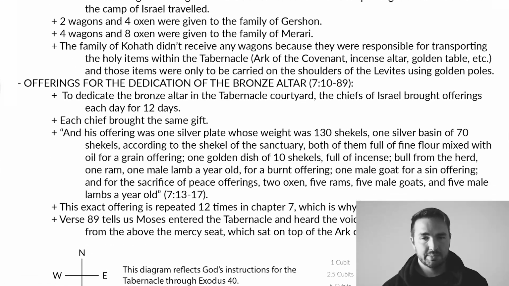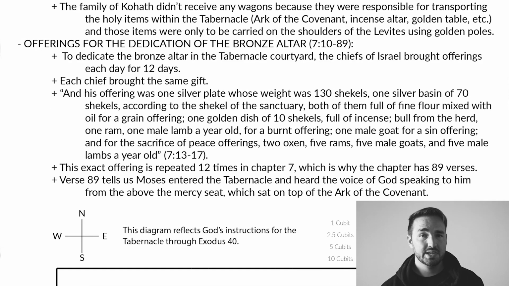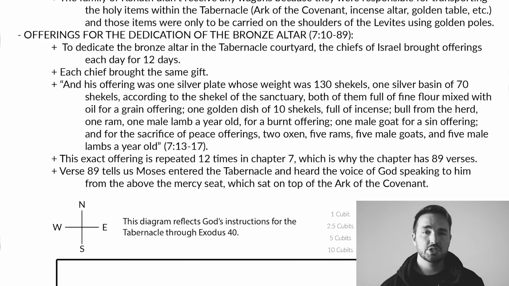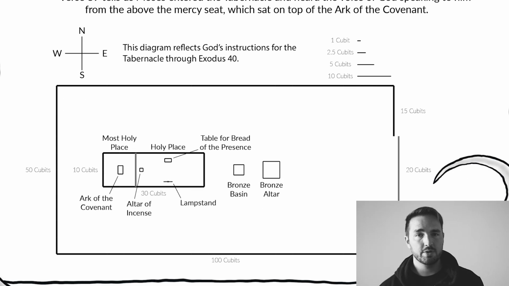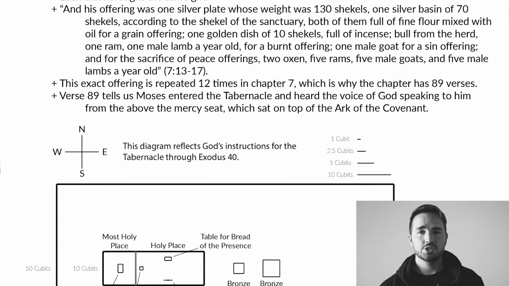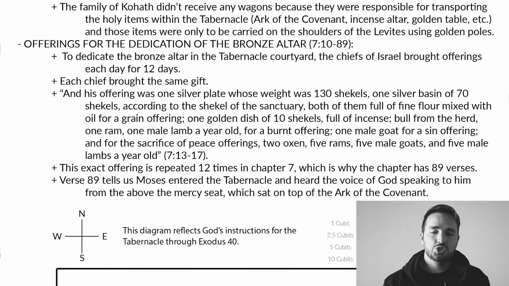The bulk of this chapter is the next section, verses 10 through 89, through the rest of the chapter. And it talks about the offerings that were brought for the dedication of the bronze altar. You can see the bronze altar down on the diagram of the tabernacle. It sat in the courtyard of the tabernacle. To dedicate this bronze altar, the chiefs of Israel brought offerings every day for 12 days, and each chief brought